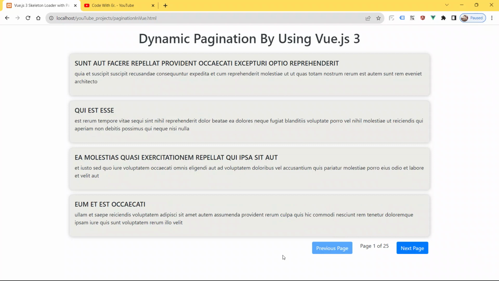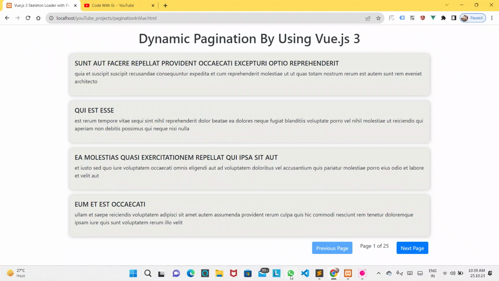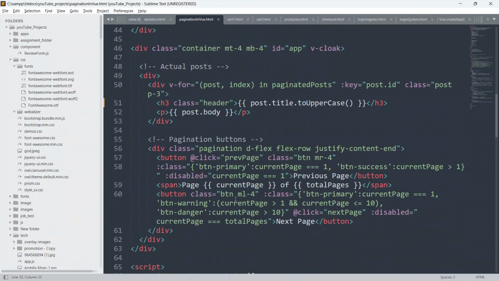So guys, you can do this kind of stuff by using Vue.js only, because Vue.js is very reactive and very powerful. I have built this application using HTML, CSS and Vue.js, and for the posts I have used a placeholder. Let me go to the URL, I will show you which URL I am using.